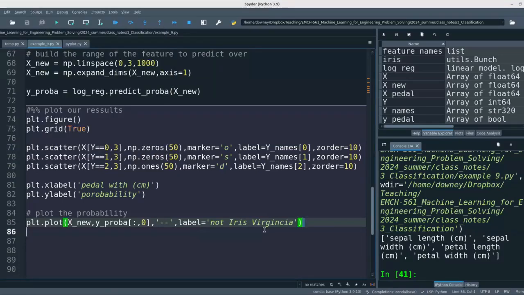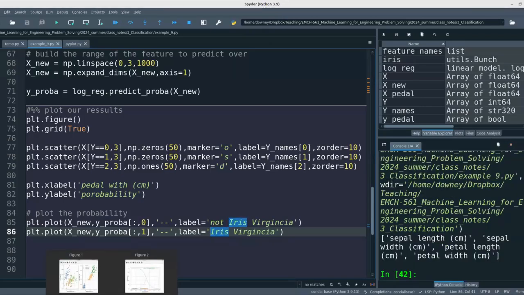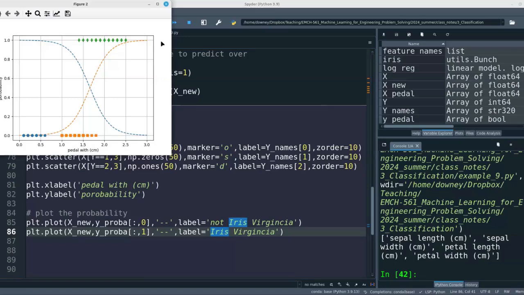And I can do that by doing plt.plot, make this from 0 to 1, and now I can plot Iris virginica. And this is just the probability that I believe what I'm plotting out is Iris virginica. Okay, one slight issue I have with this